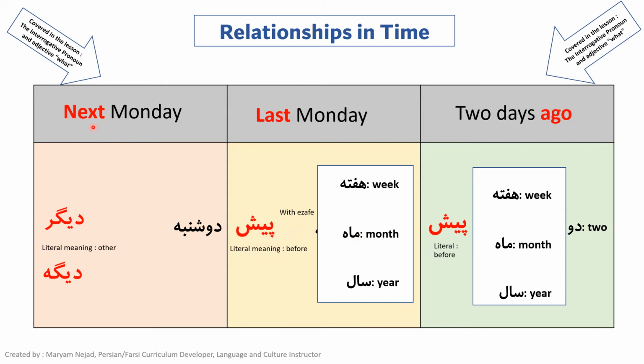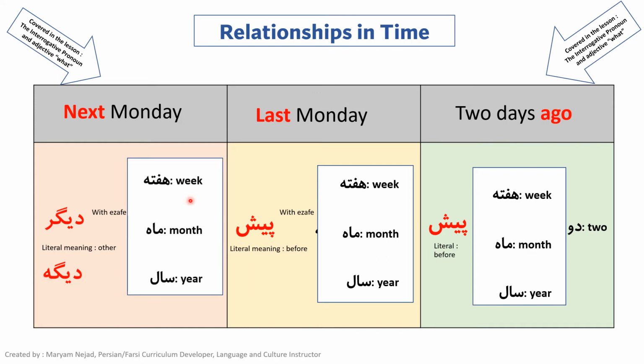And then if you want to say next Monday, for example, then again دوشنبه, which is Monday, and then دیگر. The literal meaning of دیگر is other, but here it means next. So دوشنبه یه دیگر, and we need to have اضافه. And the pronunciation of دیگر in the spoken language is different. We say دیگه. So دیگر, دیگه. So in the spoken language, we say, for example, دوشنبه دیگه. Or let's replace it with other time vocab, like ماه دیگه, هفته دیگه.